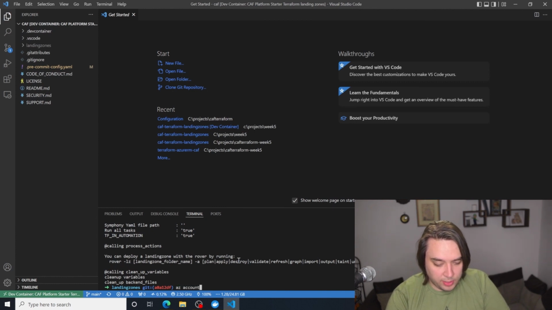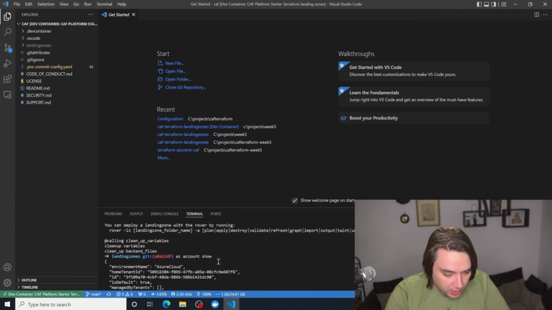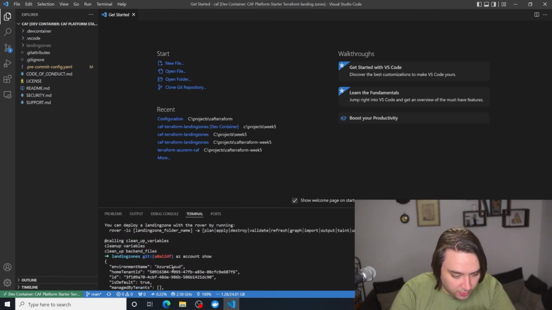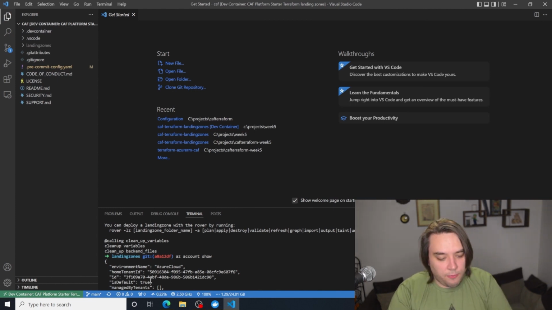Then I'm going to check my current subscriptions. So if I do az account show, it should now navigate to your subscription ID which you might be using. So it'll show you a tenant ID and a subscription ID.